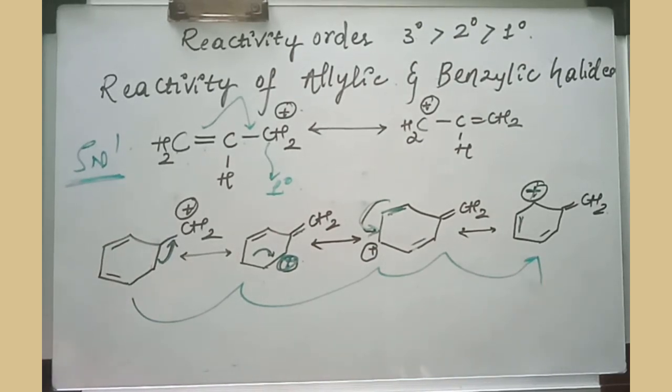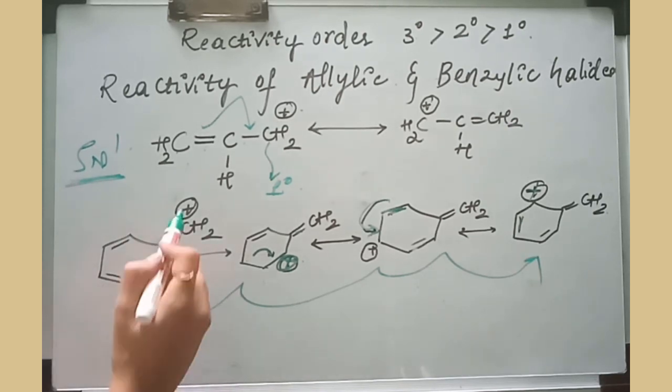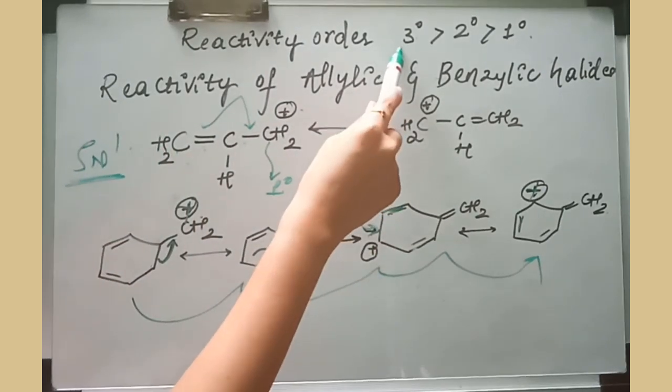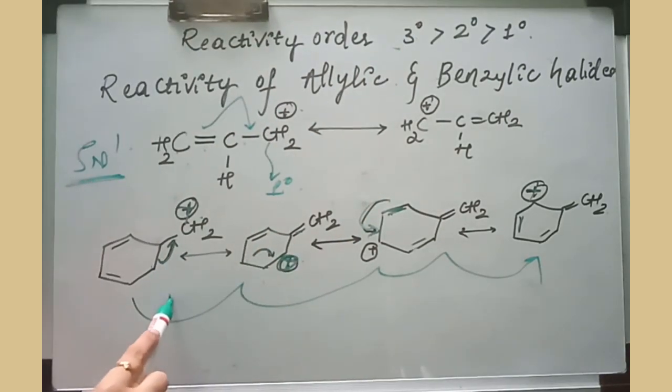As a result, what happens? In benzylic halides, when we carry out a reaction, the intermediate carbocation carrying a positive charge is getting more stabilized because of the resonance, or because of the resonating structures. The more resonating structures, the more stable the molecule will be. After this, you have to comment. After watching this, tell me, if I give you the tertiary alkyl halides and the benzylic halides, between the tertiary and benzylic carbocation, which will undergo the SN1 reaction faster? Do comment for this one.